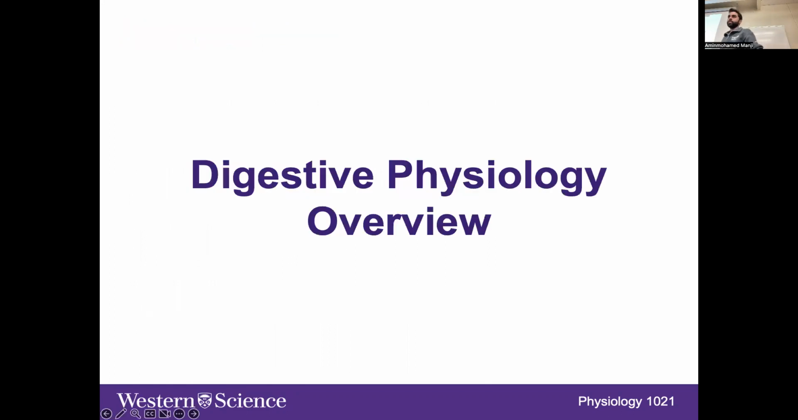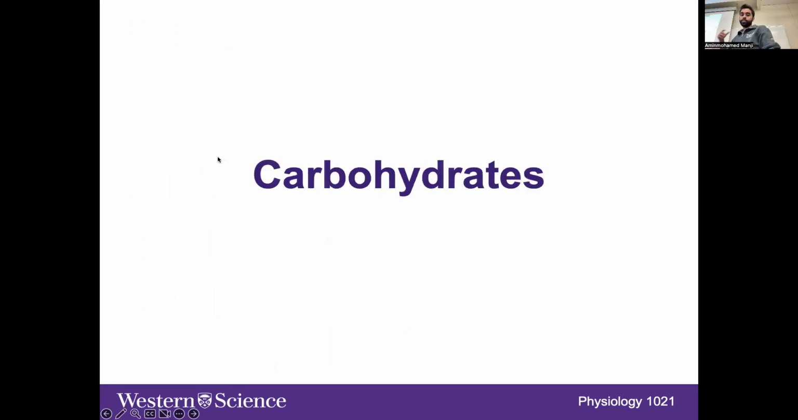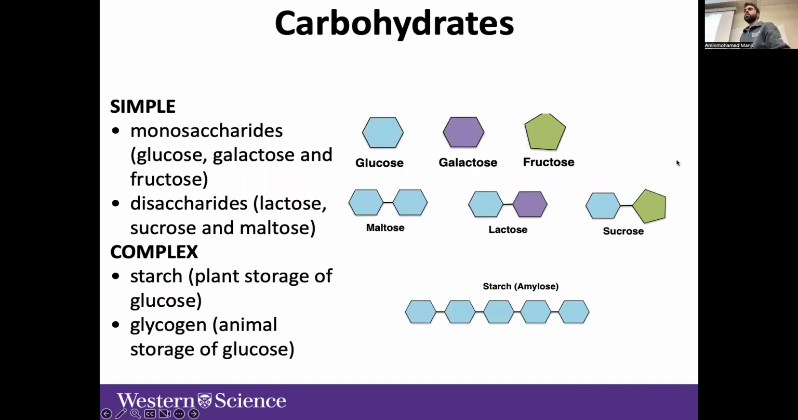Okay, so we'll start off with the big general overview of digestive physiology. And again, I'm going to focus on the macronutrients. So we'll start off with carbohydrates, what exactly they are, how they get digested, what secretions are involved, how they get absorbed, and what happens once they are absorbed into the blood. Okay, so keep in mind,